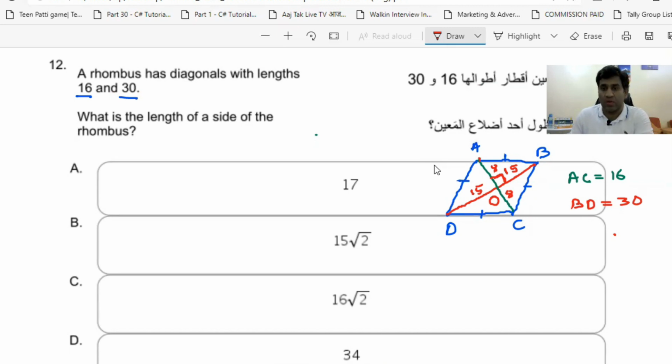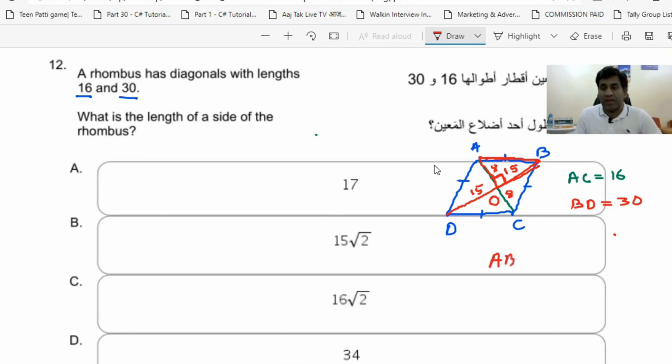Now I'm talking about this triangle. Now this is acting as a right angled triangle. So by using the Pythagorean, I can find the length of the third side. Pythagorean says in a right angle triangle, the side opposite to the 90 degree, that's what we say hypotenuse, or the longest side, the square of the hypotenuse is equal to the sum of the squares of the other two sides. In our case, hypotenuse is basically AB.